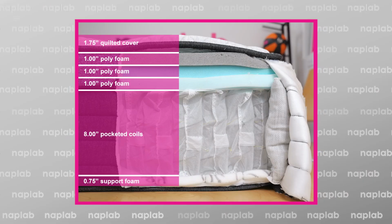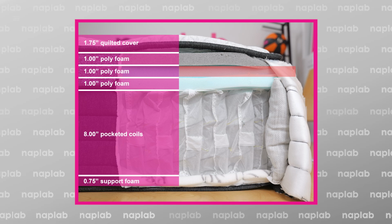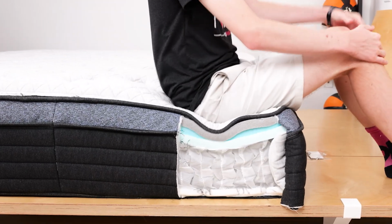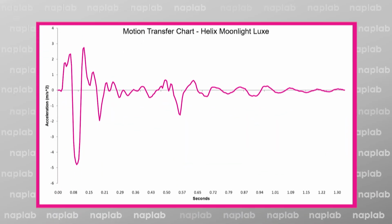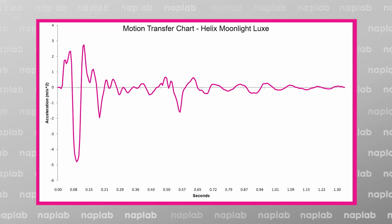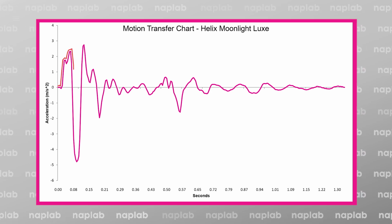That foam is 1 inch thick and has a 3.5 PCF, which stands for pounds per cubic foot, a measure of foam density. Extra dense foams help to absorb and disperse energy, thereby reducing motion, and that's exactly what we measured with the Moonlight Luxe. In our motion transfer chart, which visualizes our accelerometer data, we can see the highest motion peaks from